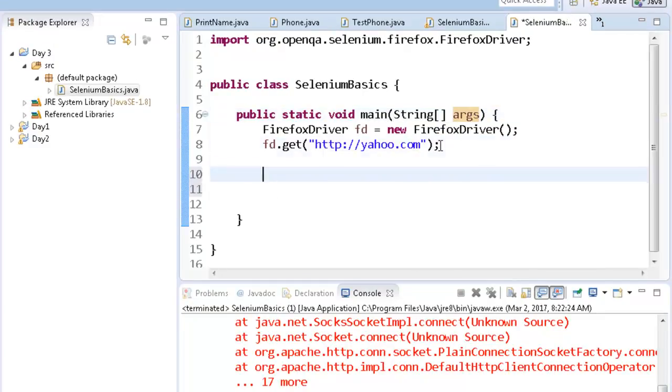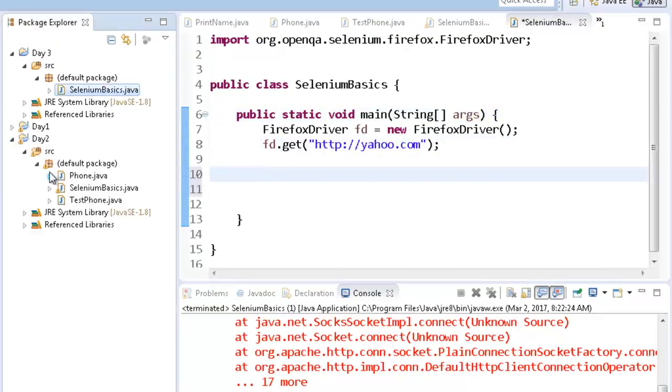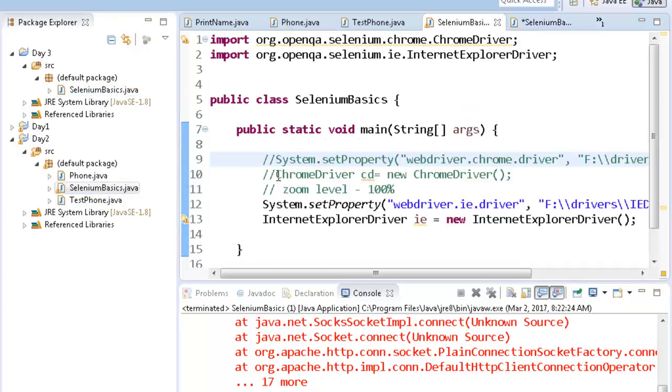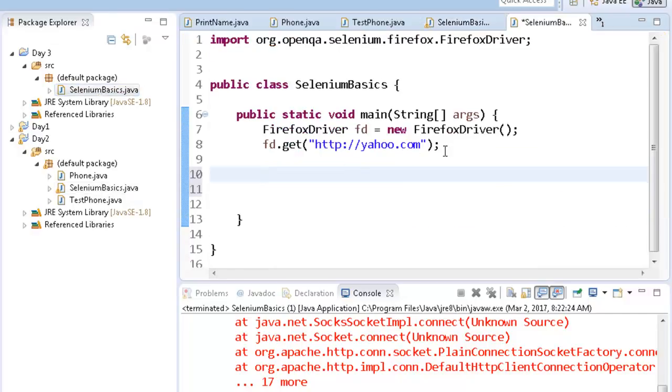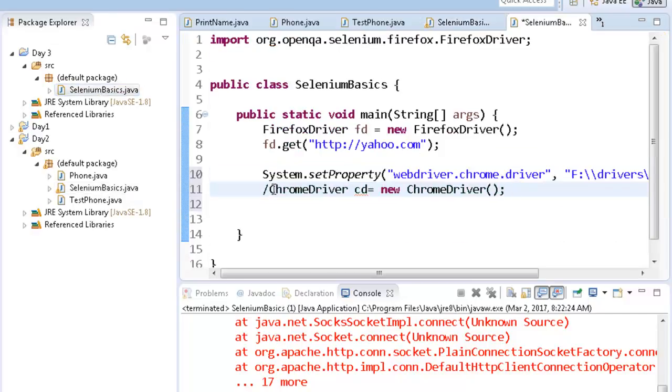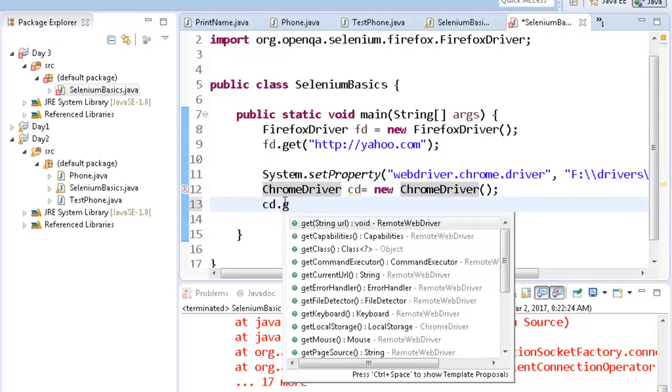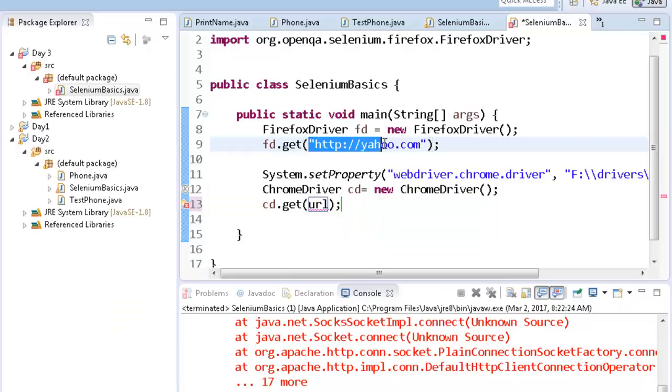Okay, so what we will be doing is that we will be looking at the other drivers as well. If you talk about, say, the drivers which we did yesterday, Chrome driver. Similarly, you can use Chrome driver and you can take Chrome driver to yahoo.com with chromedriver.get.